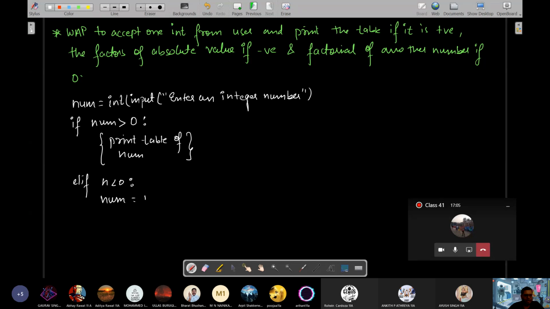Absolute value कैसे करेंगे? num को multiply कर देंगे -1 से. If it is negative, you will multiply it by -1, you will get the absolute value of that number, and then the number will change to the positive value. ये step समझ में आया? And then we'll find factors of num.